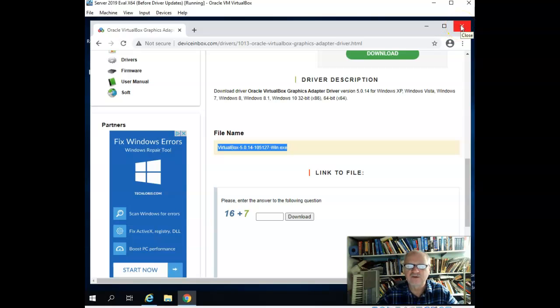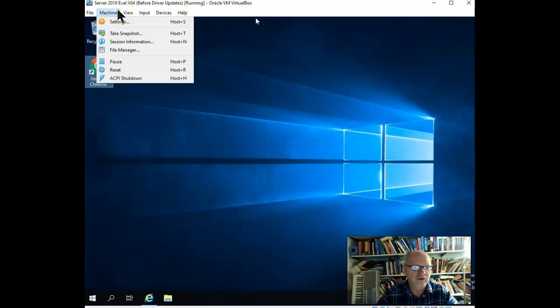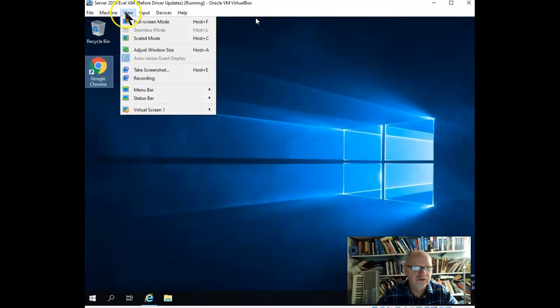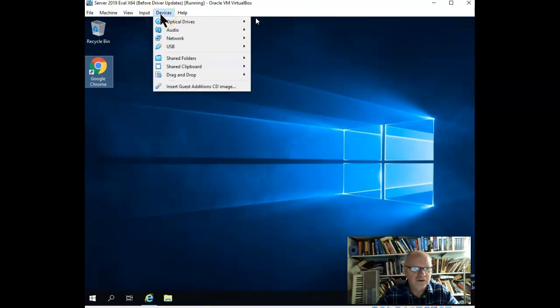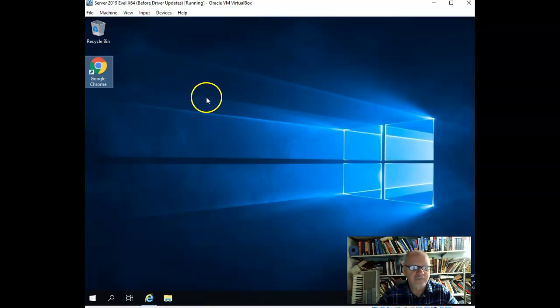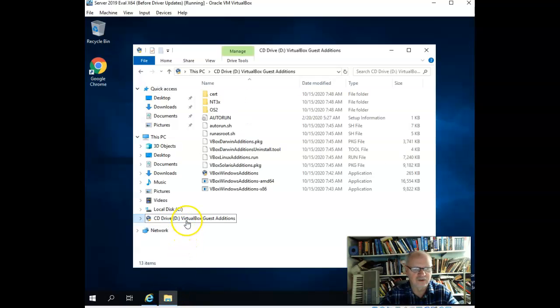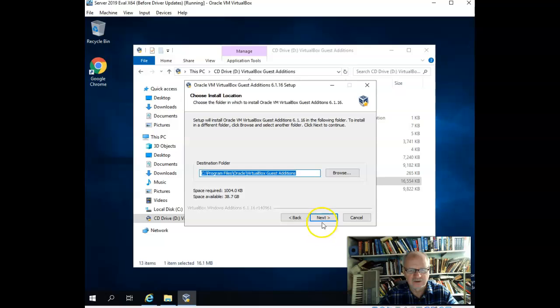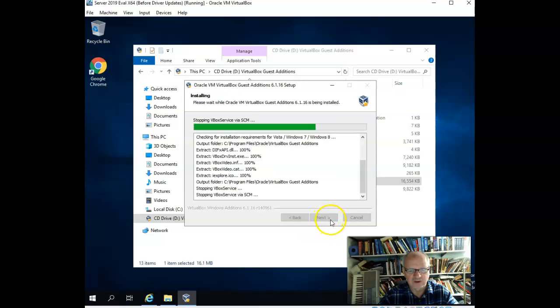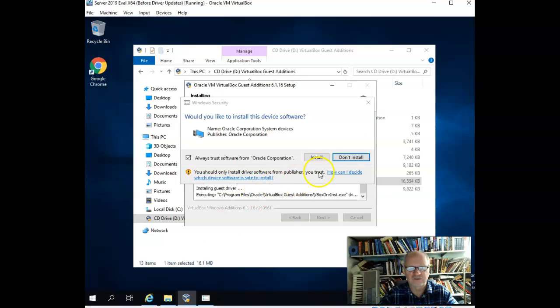This is probably because I have not installed what we call, what do we call that thing? Virtual guest editions. Insert guest editions CD. This is something, it's an add-on that you install to make VirtualBox interact better with Windows. So I'm going to go ahead and install guest editions, and my guess is that that's going to solve the problem. So let me go ahead and start that installation, and then we'll come back here in a minute and see if it solves the